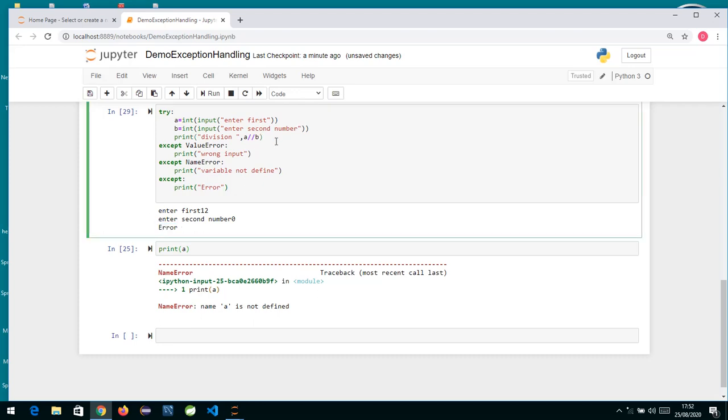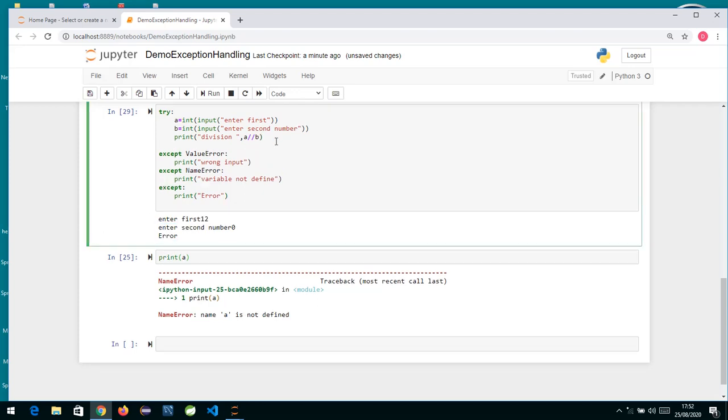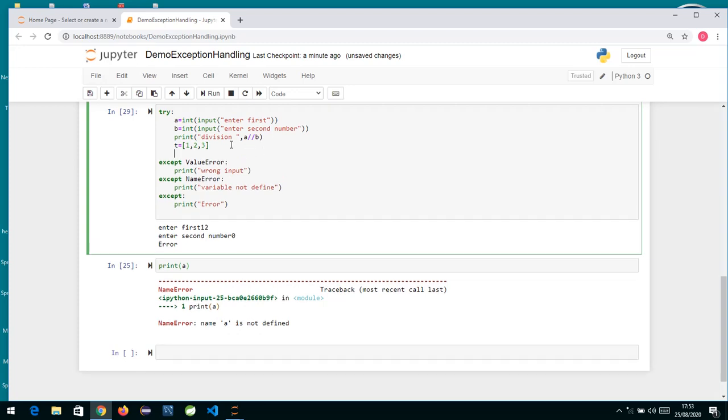Suppose we try to do something over here. It's numeric data anyway, we can't do indexing over here. Suppose there is some list 1, 2, 3, and I try to access an index which is not there, suppose I say print t of 3.